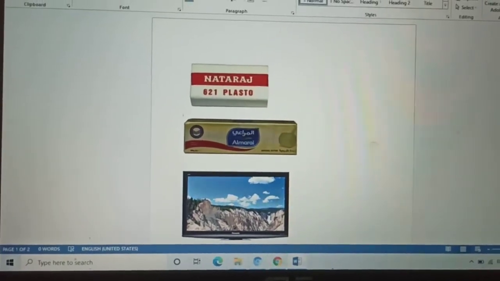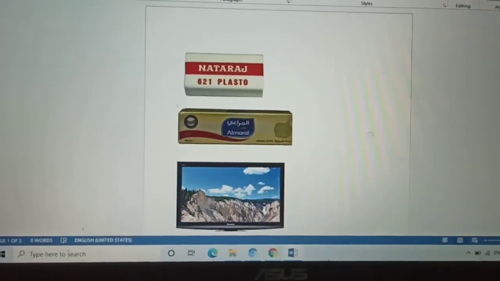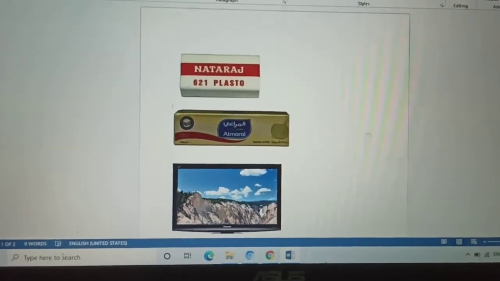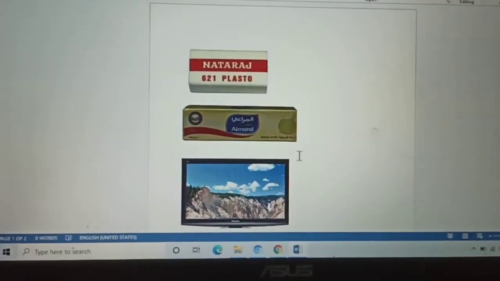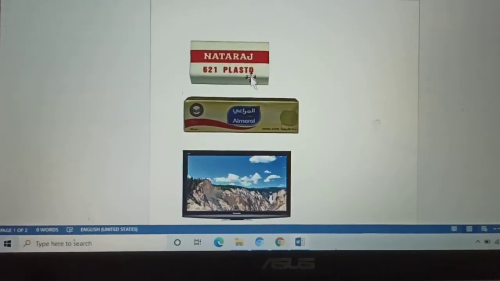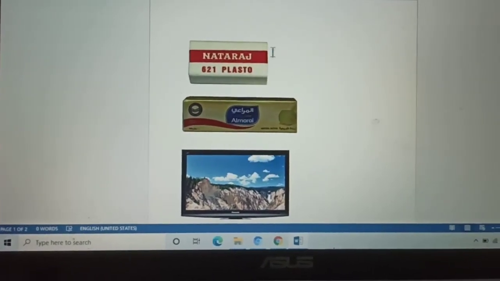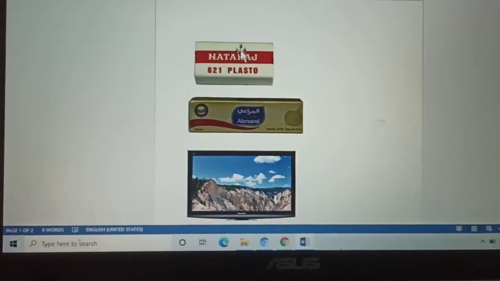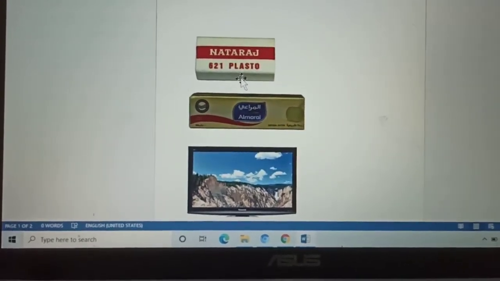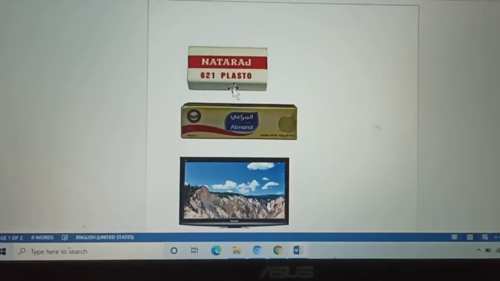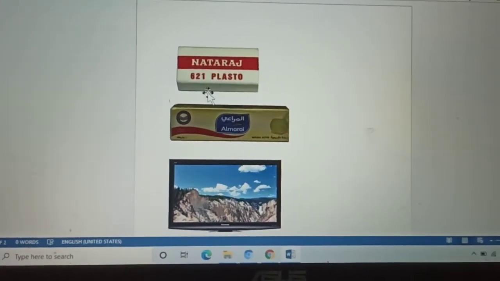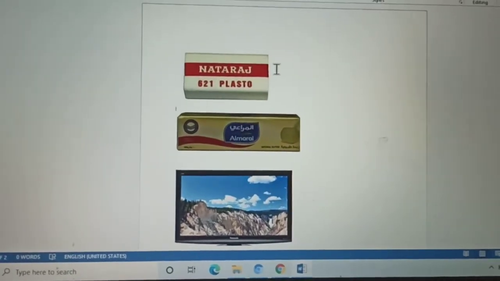Look at here. What is this? See, this is an example for rectangle. As I told you, look at here. Both the sides are equal. I mean opposite sides are equal. But not all the sides are equal. Only opposite sides are equal. If all the sides are the same, then that is square. But here, only opposite sides are equal. So, it is rectangle.